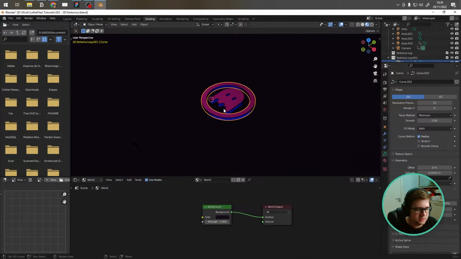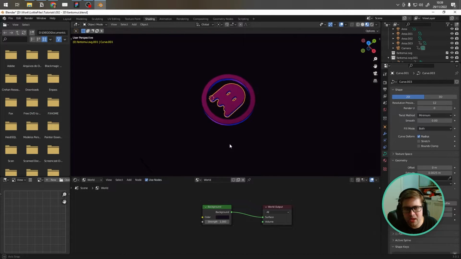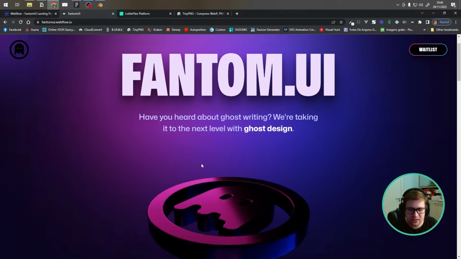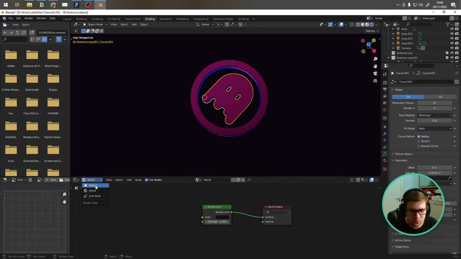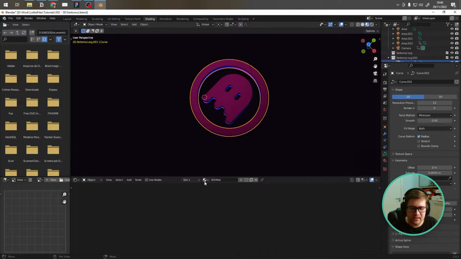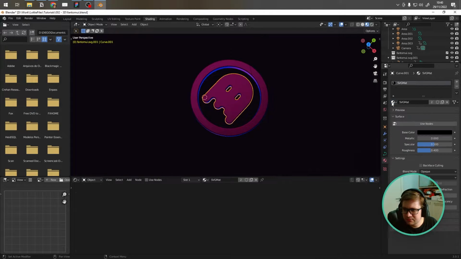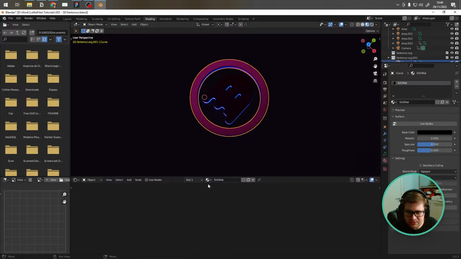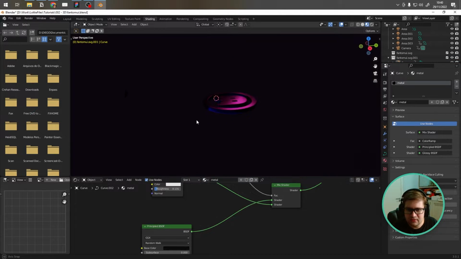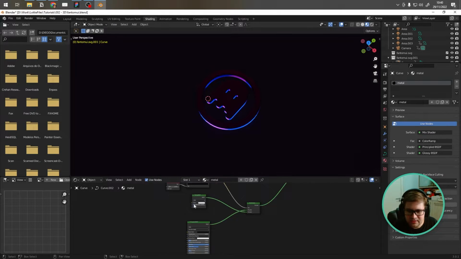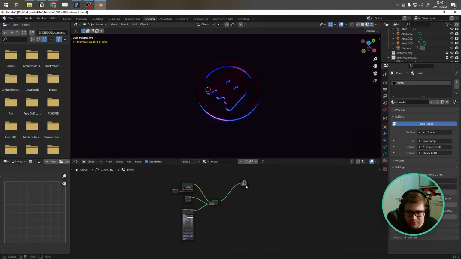And now I need to add materials to these two. It's okay, but it's not the metal glossy material that I want, like the one that I use here, right? So we need to change here from World to Object. So it's selecting the object that I imported. By default, SVGs come with a standard material. This is where you select the material for the object. Or you can go here as well, material properties, and change it there. If I click here, we see that we have the default standard SVG material and another material that I configured before called metal. If I select it, it changes because now it's a different material. So now it looks like metal, and this is my node